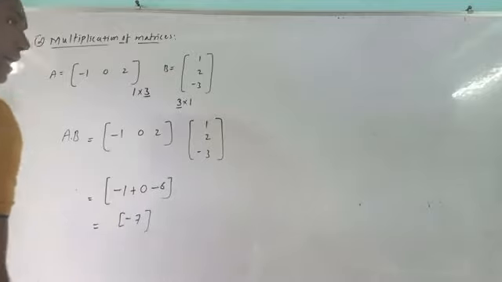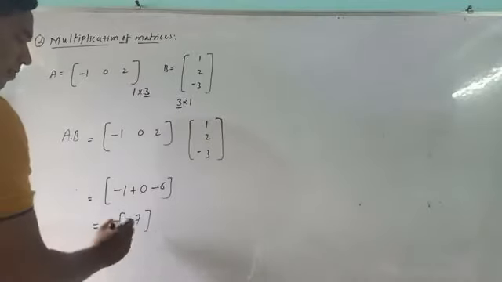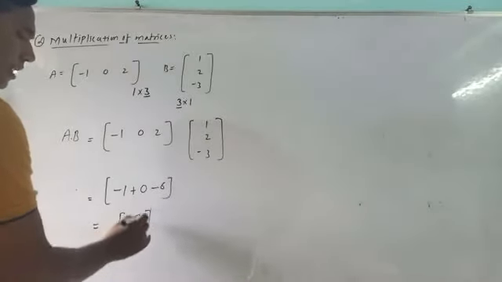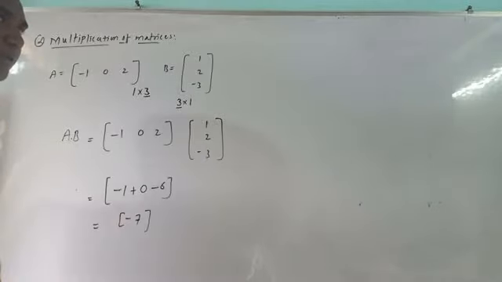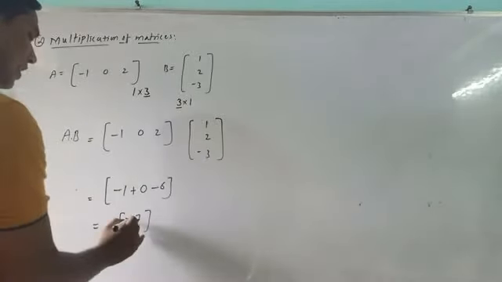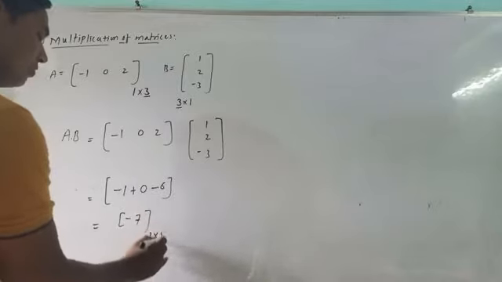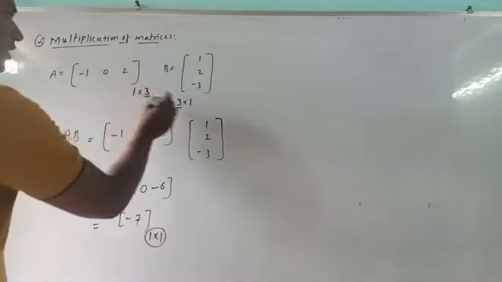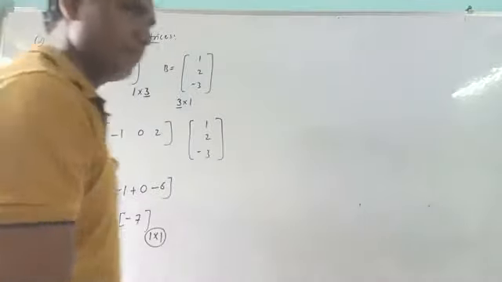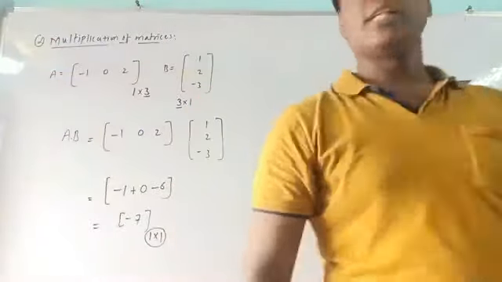And now if you observe, the order of the matrix is nothing but how many elements are present in that. There is only one element. So what is the order of the matrix? As there is only one row and one column, the order of the matrix is 1 by 1. That's the thing that I want to ask here. Okay, so this is the important one.